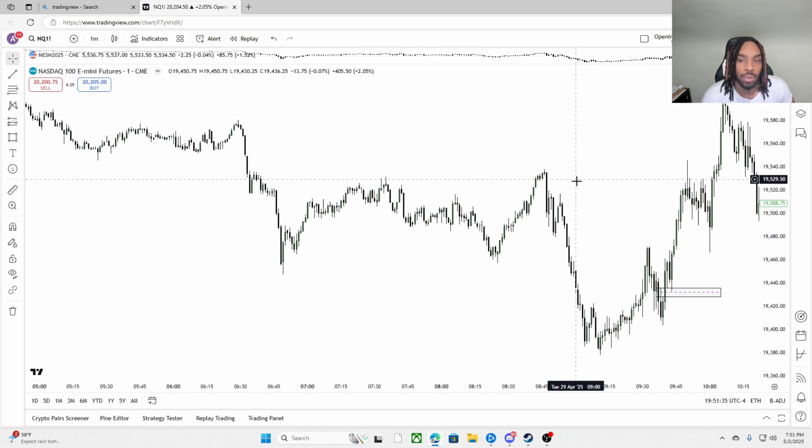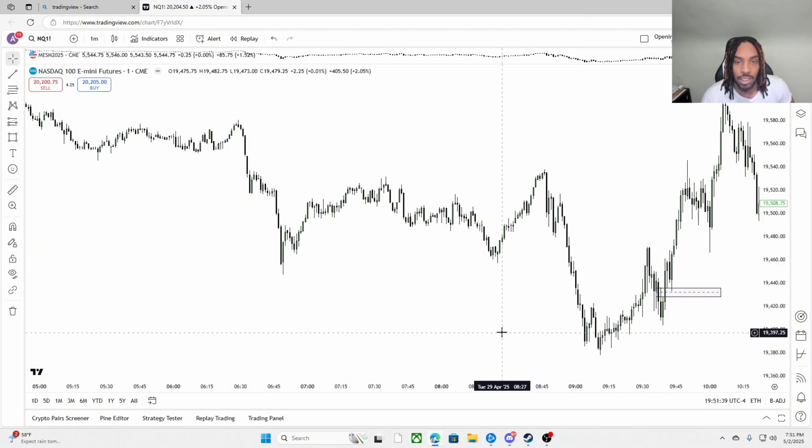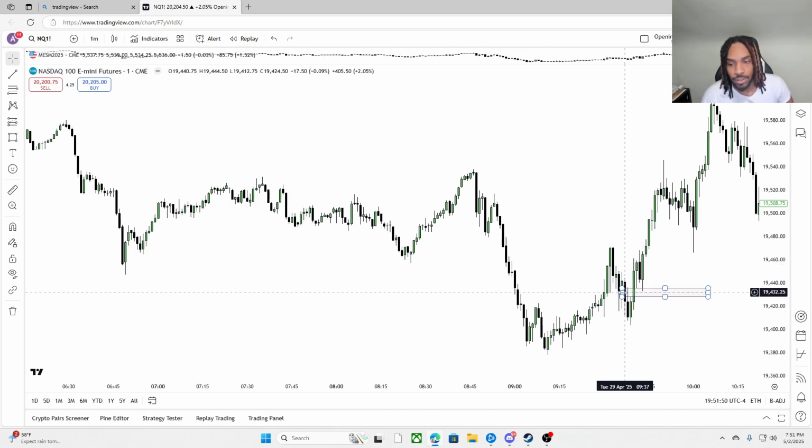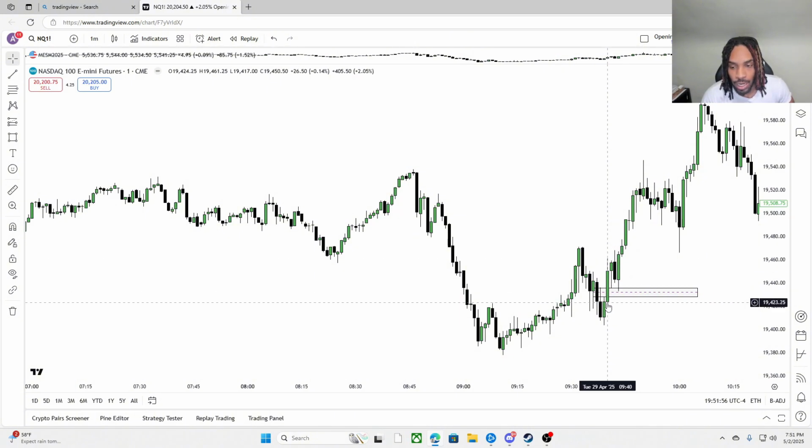Our bias is bullish. The narrative is we came down and took off sell side and ran into equilibrium of that range. And then we got displacement ahead of 9:30. 9:30 came, took out short-term lows, and we got some more displacement. Once you see that displacement, you can obviously see that we're not wanting to go any lower than what we already did after taking off that sell side. So now all we have is PDA range.